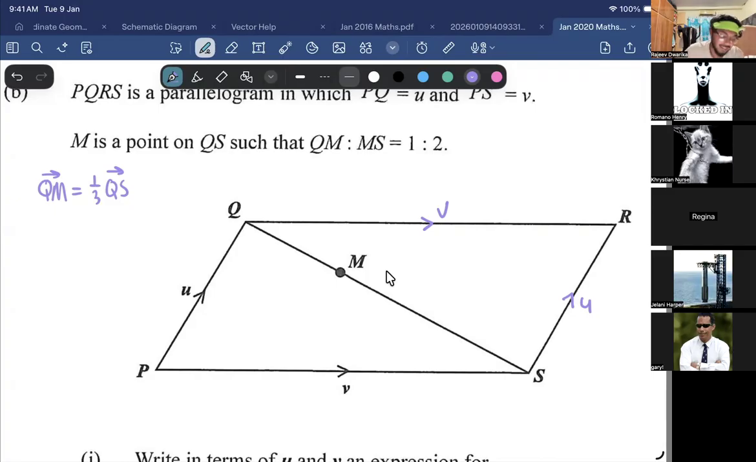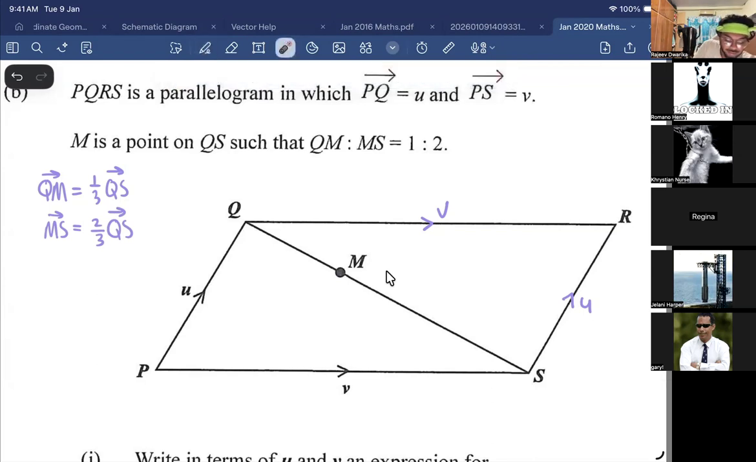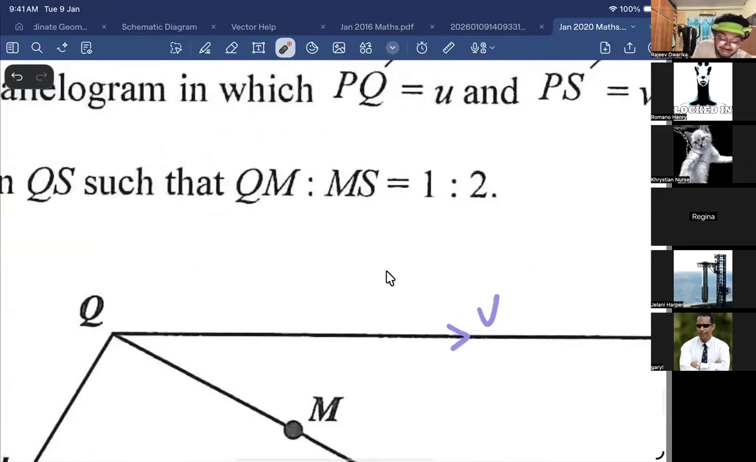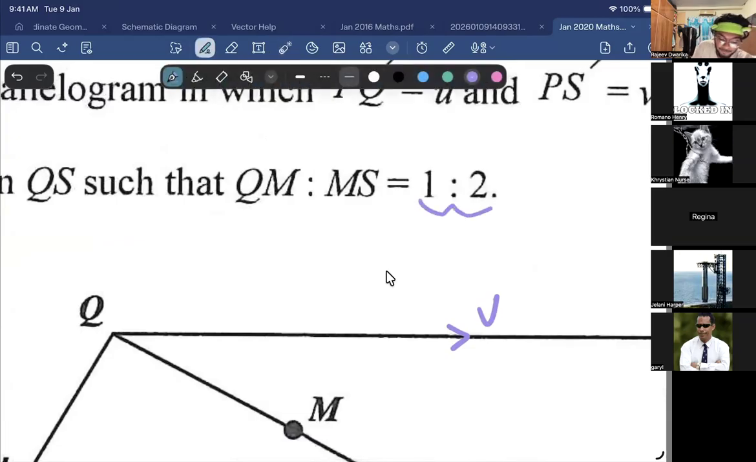So Gary, QM is equal to a third of QS. What do you suppose M to S is? M to S will be 2/3. 2/3 of what? QS. Regina, are you feeling cooked, or do you understand this? A little bit of both. Okay, no problem. But did this part confuse you? Kind of. It did. Right. So this is the simplest way to think about it. If you add 1 and 2,